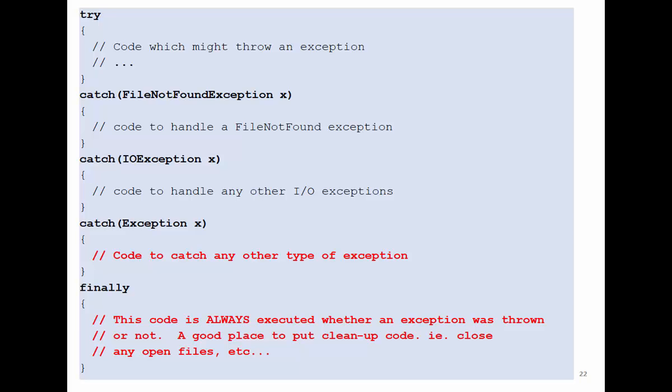And after this one, where are we going to go? Finally. Okay? Now, during the 100 lines of code, say we have an exception of index not found. We go to the catch. Oh, this is not FileNotFound. This is not my exception. This is not an input-output exception either. Then I'm going to go to the more generic exception. I'm going to do the code here. Then where should I go next? Finally. Finally always executes. Keep that in your mind.